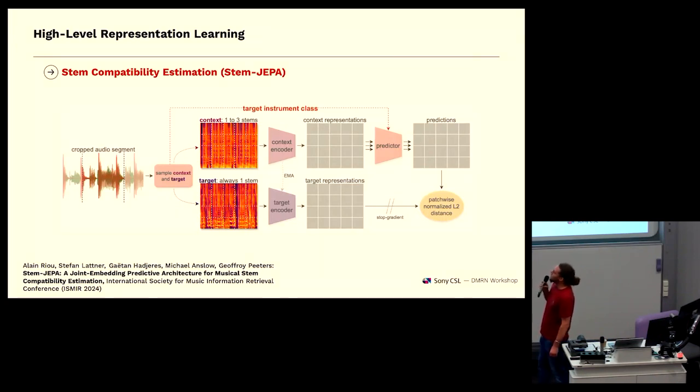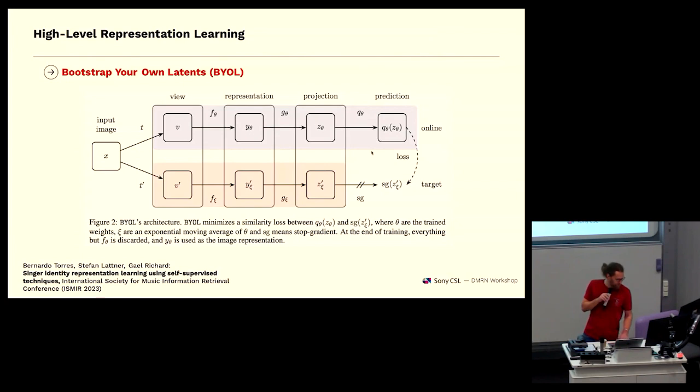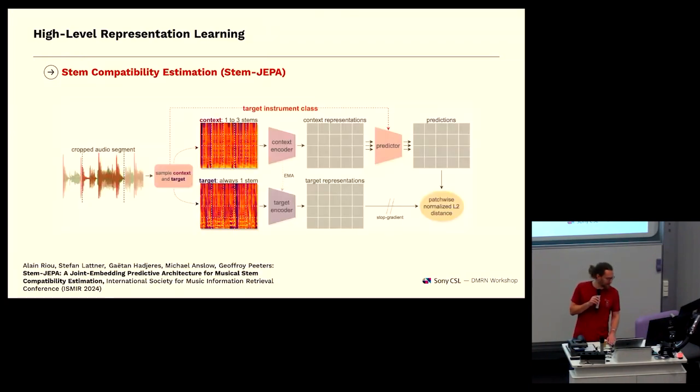So now a very new method: if you look at BYOL, you always have to input two different views of your data. That's very common in self-supervised learning. You input the original data point, and then you input the augmented version where you change your data. Let's say for images, you change the brightness or color or anything you want to become invariant to. Basically, whatever you augment the data with, the representations will become invariant to, which is generally a nice thing because it allows you to control what you want to be invariant to. But it also still needs some human input or domain knowledge, which could be argued to be limiting. And so now there are these JEPA, joint embedding predictive architecture approaches,